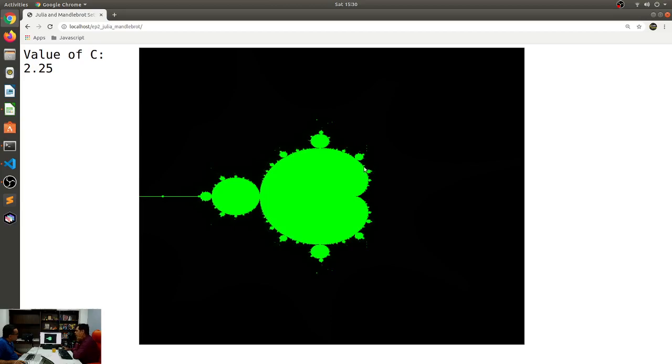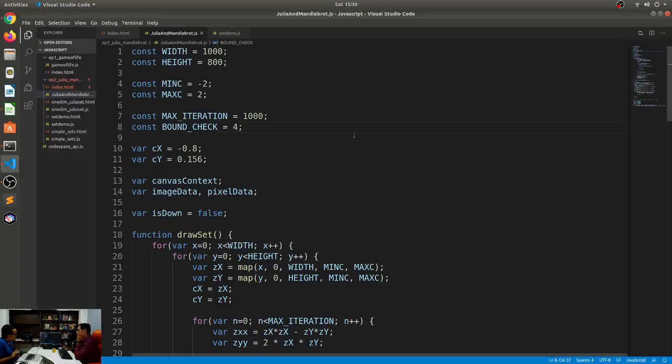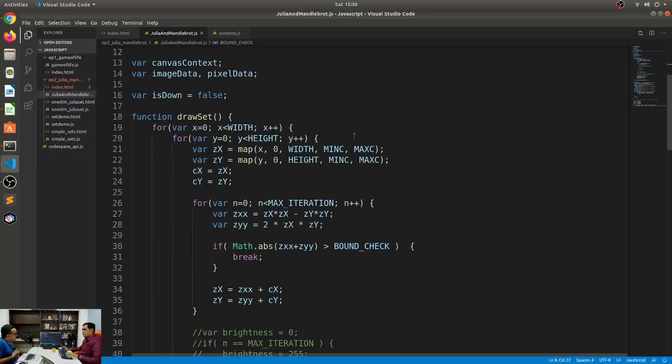I think one thing we can add over here is to print out the value of C on the left hand side here. Very cool. I think one question that comes up again and again is, what is the use of the Mandelbrot set? All right, let me just switch it back to us. That's Control 5. What is the use of the Mandelbrot set?